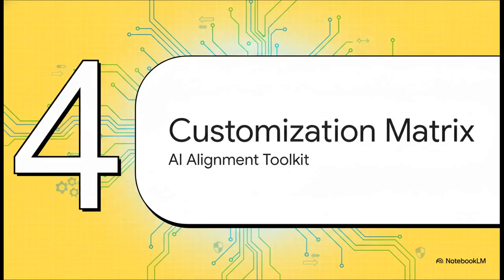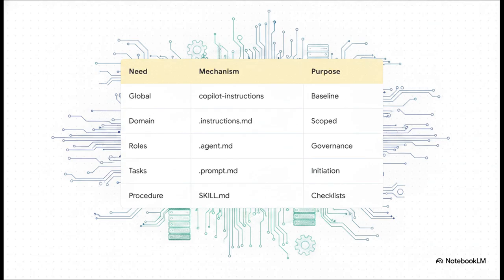Section 4. The customization matrix. To actually unlock those role-specific workflows, we have to teach Copilot our unique enterprise standards using this customization decision matrix. Think of this as your AI alignment toolkit. The golden operational rule here: always use the narrowest customization mechanism that solves your problem. You start with copilot-instructions.md for always-on, repository-wide baseline rules. Then layer on .instructions.md for specific, path-scoped domains, like a low-noise rule for the front end. From there, you introduce specialized roles via .agent.md files, reusable tasks with .prompt styles, and finally, structured operational checklists using